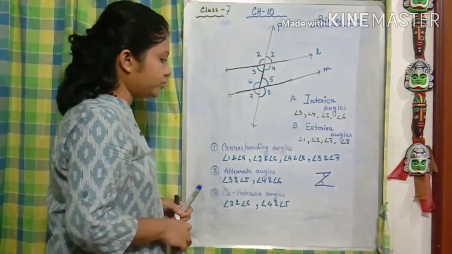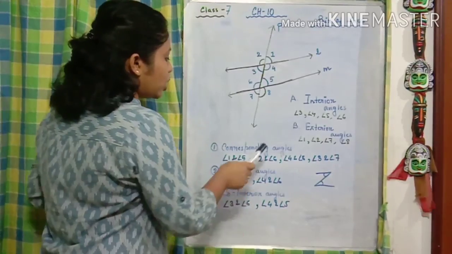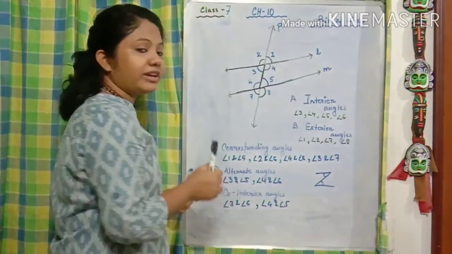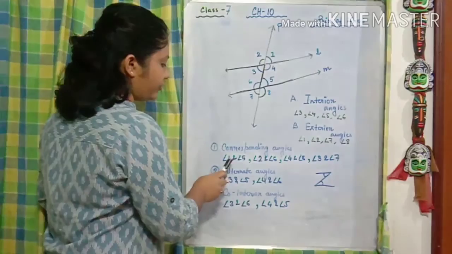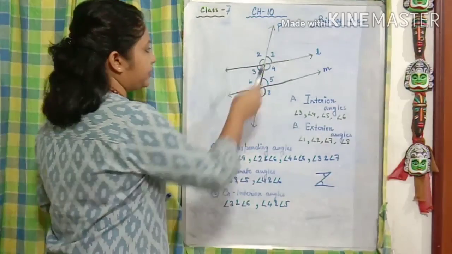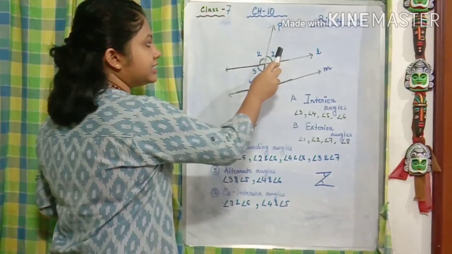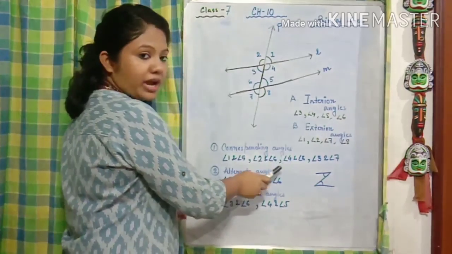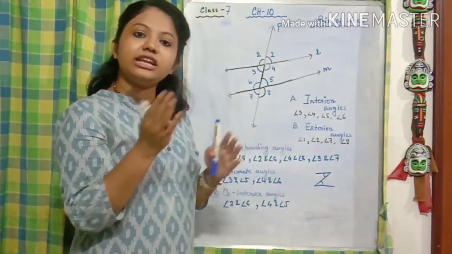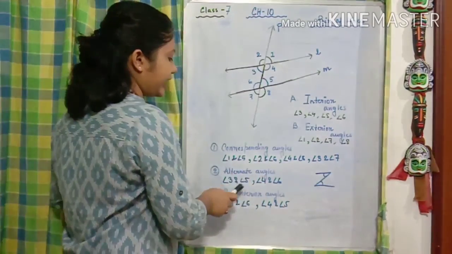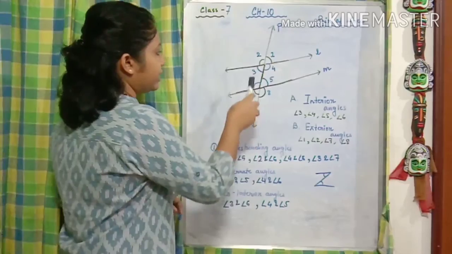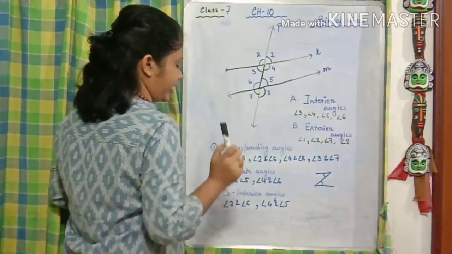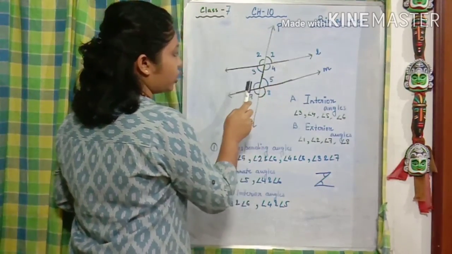Now one thing more to say lastly, that is the corresponding angles, the pair we are finding in the corresponding angle, these pairs are always equal to each other. Like angle 5 is equal to angle 1, that means angle 1 is equal to angle 5. If this is 40 degree, this is also 40 degree. Okay, like way. So angle 2 is equal to angle 6. Similar way, corresponding angles are equal to each other. Similarly, alternate angles are also equal to each other. Like this angle 3 is equal to angle 5, angle 4 is equal to angle 6.